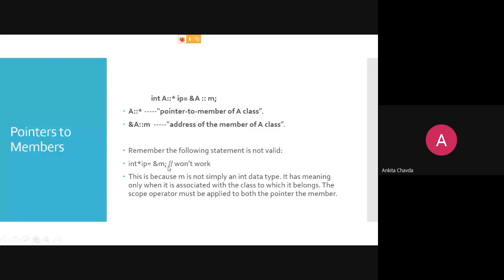This is because M is not simply an integer data type. It has meaning only when it is associated with the class it belongs to. So the scope operator must be applied to both the pointer and the member, right? Scope resolution operator is applied to both the pointer as well as the member.